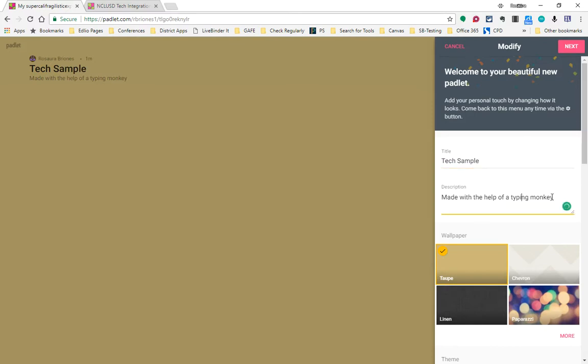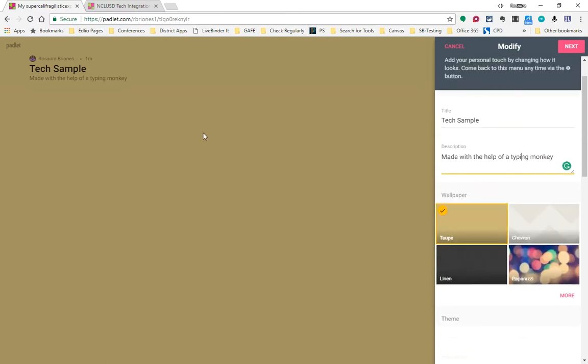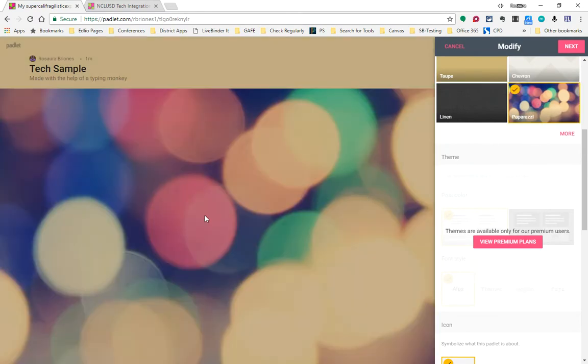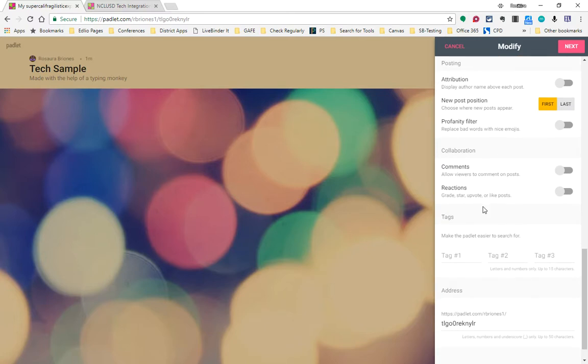And you do want to give some instructions on what the Padlet is for, so that the students know what they are posting about. You can have a prompt up here, or you can have a picture on here as well, so you can do that ahead of time. You choose a background. And then down at the bottom, what you want to make sure you do is